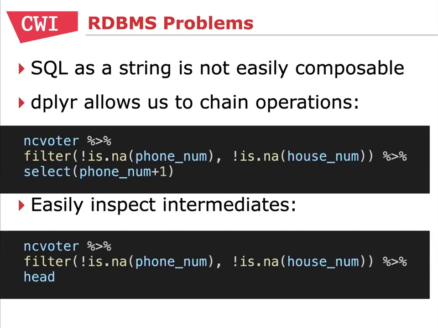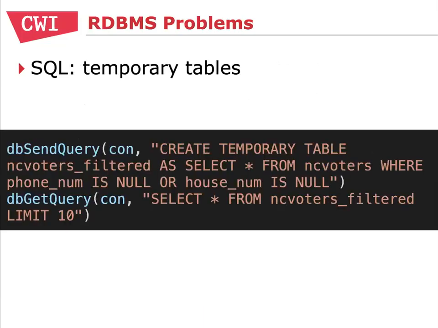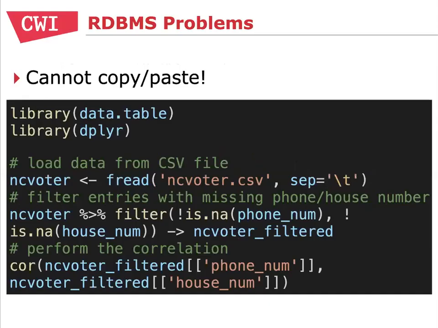Like if you want to know, maybe this filter removed all of the rows because you had a mistake there, a bug there. If you just have a complex SQL command, it's difficult to look at all the intermediates and see where it went wrong. But here you can see it's very composable. You can look at the intermediates. You can kind of do it in SQL with temporary tables, but it's a lot more cumbersome and you have to write a lot of stuff manually. Whereas with this composable interface, it's much more natural.